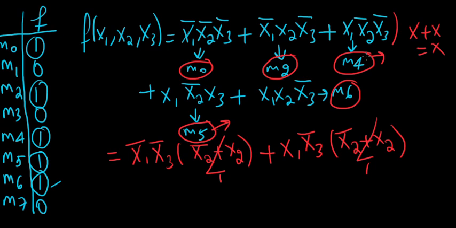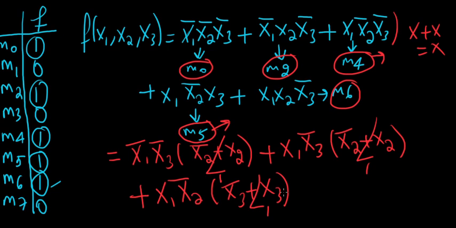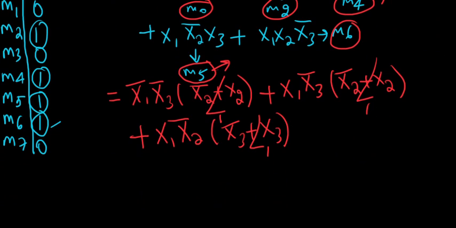But now we can see here M4 and M5 can be combined to create a new expression, and that will give us literally x1 and x2 bar, now x3 bar ORed with x3. This is a 1. So we can see we're already simplifying it, and it has become this expression